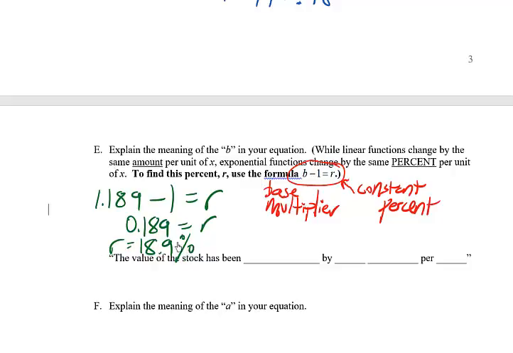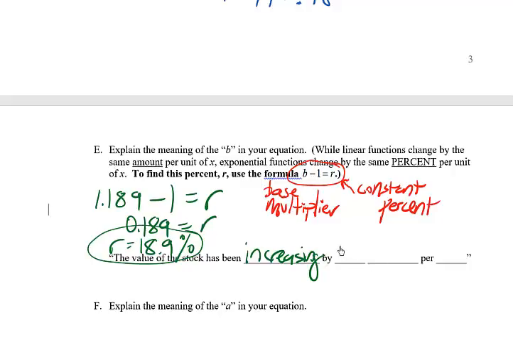That's the constant percentage of change in this problem, and that's how you would explain the meaning of the b. I wrote a little sentence where we can fill in the blanks. It's very similar sounding to those old slope statements. We're going to use the word increasing or decreasing. We have the per. It's just slightly different because of the constant percent. Here's what b means. The value of the stock in this case has been increasing. We know that because our b is larger than 1. The value of the stock has been increasing by, and then what I write in here is that constant percentage,